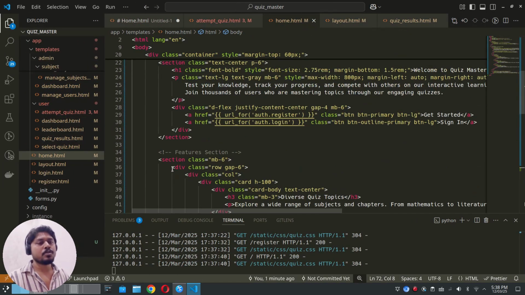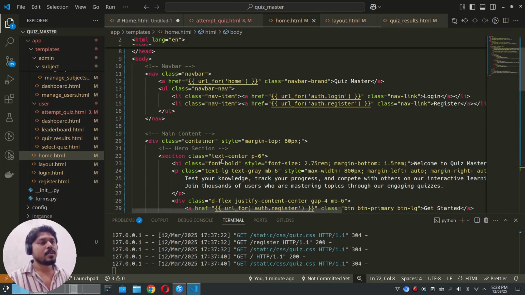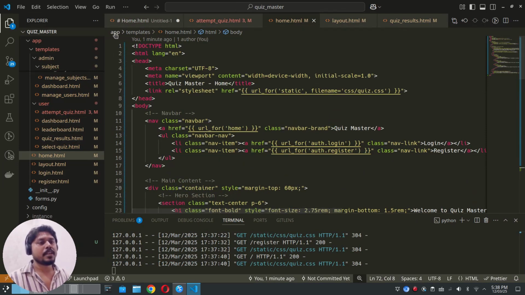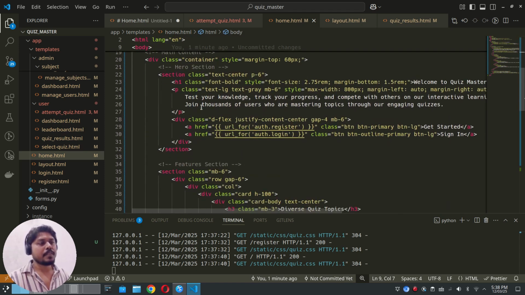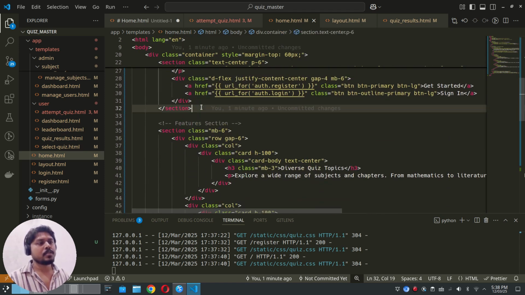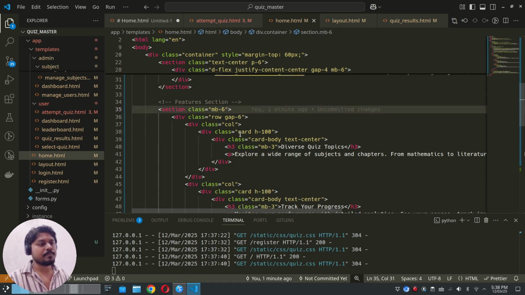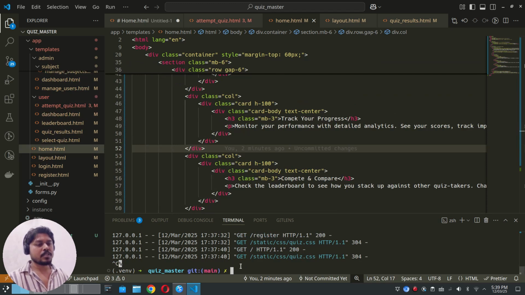Inside the GitHub repository, you can find this home.html file inside the app directory, app templates, and then home.html. You can copy the content from the repository and use it with your project's home.html file. So we are done with all the changes. Also push the changes,